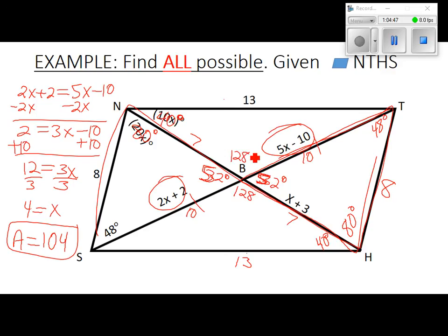What else? You can do 128 plus 40. And then whatever that is, you take that minus 180. And that's what the other one's going to be. So what's that going to be? Well,